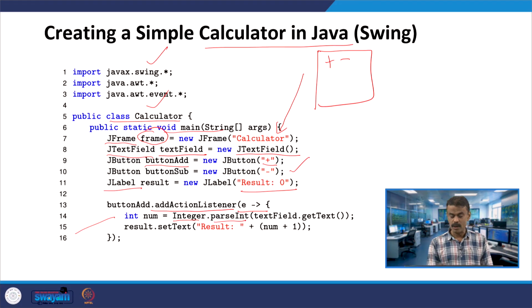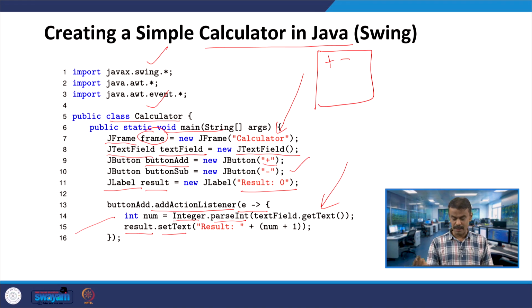Whenever you are typing some text, the text field is invoking getText, right. Whatever you type will be converted into an integer by parseInt, and then the result object is invoking setText.